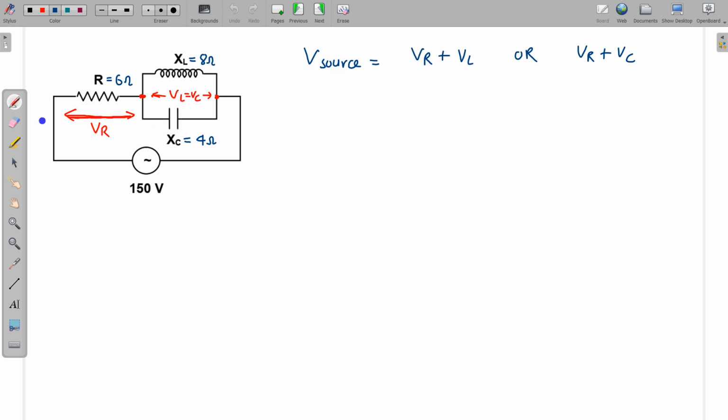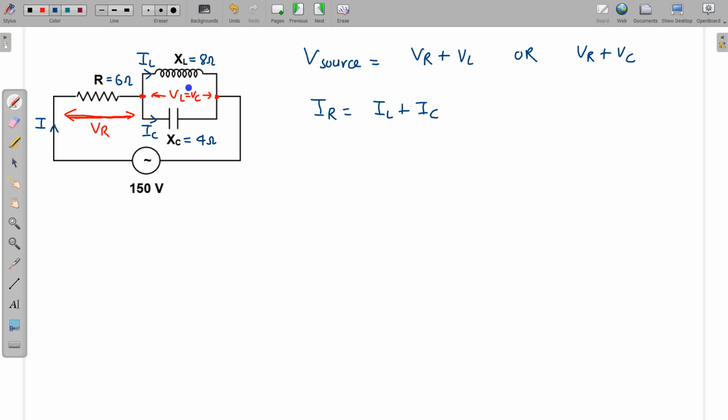What are the other equations? So the current going through it like this. This current is the current through the source, and this current is also passing through this resistor, and the current will be divided here. Suppose I am writing it as IL, and suppose I am writing this one here as IC. So the next equation will be like this: IR is equal to IL plus IC. So these are the relations which we can use.